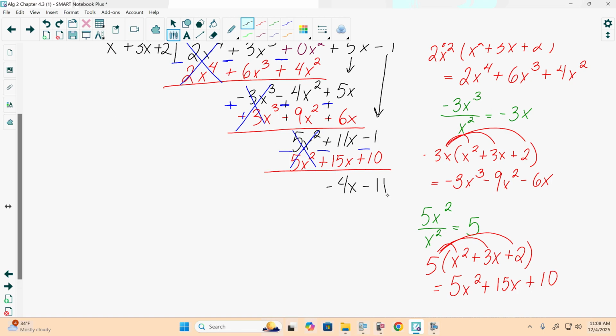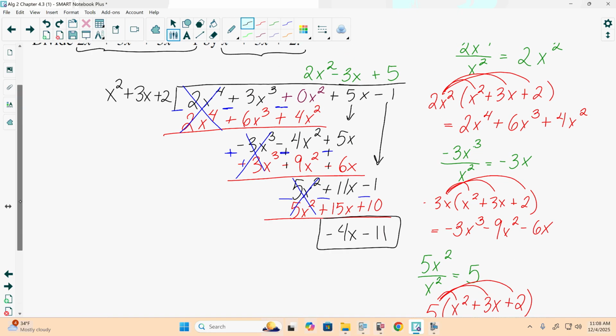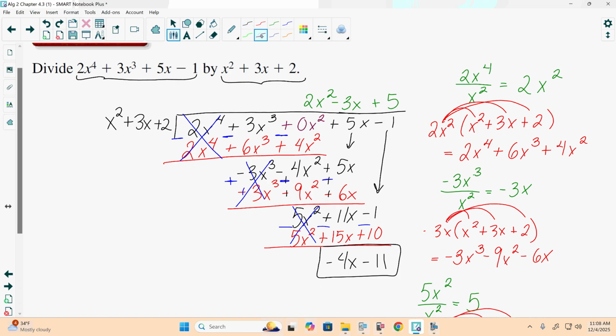No. And another thing we can say is we know we're done when the degree of what we have left over is less than the degree of what we're dividing it by. Because what we're dividing it by is a quadratic, it's a degree 2, yes? What we have left here is a degree 1, because of x, so we are done. We can't simplify this further. So what we do is we put negative 4x minus 11 divided by x squared